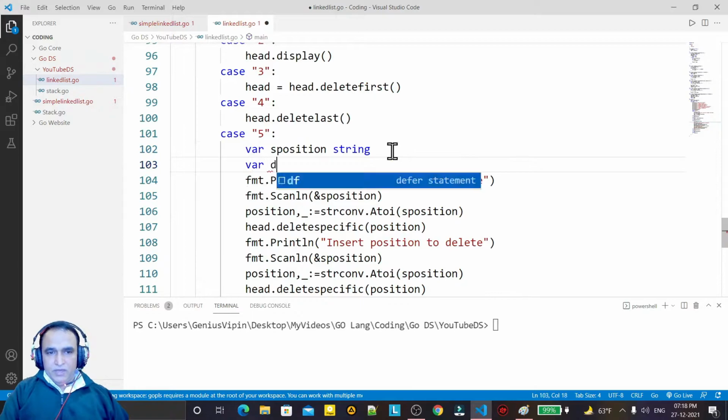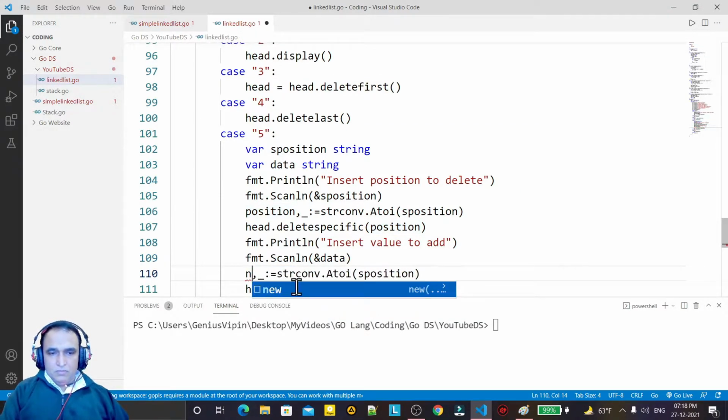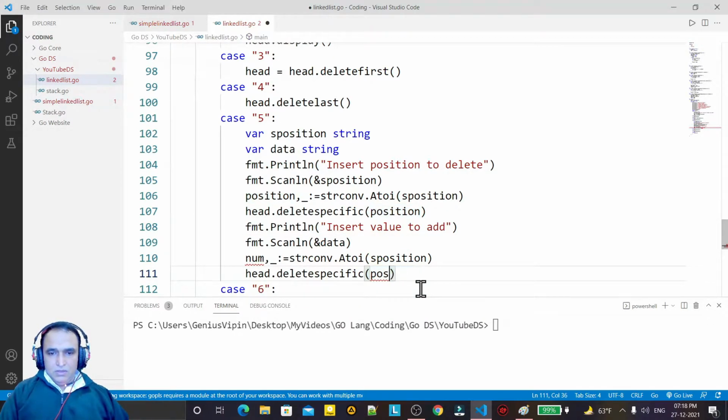So I say var data string, and here I say insert number to add, or insert value to add, and here I say data and I convert data to number, and here I pass the delete.